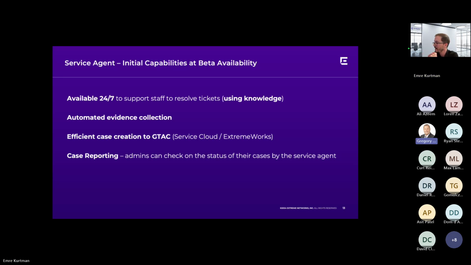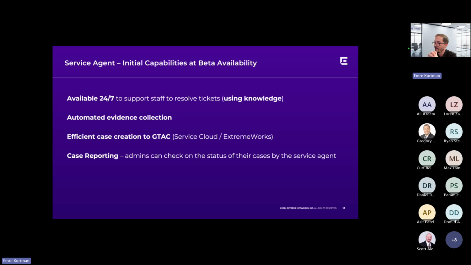Sure. We've got a question, Emery. So Marco asked, do all investigations create action or reports or both? So not all. Can you say again, Greg? Do all investigations create action or reports or both?